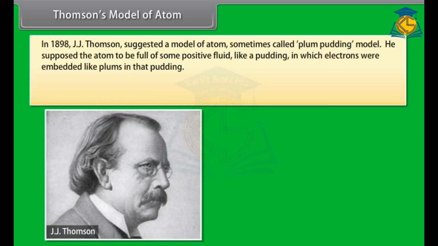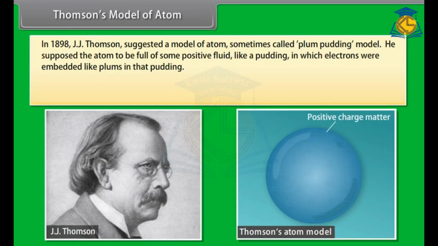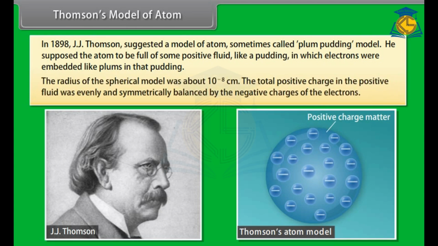Thomson's model of atom. In 1898, J.J. Thomson suggested a model of atom, sometimes called the plum pudding model. He supposed the atom to be full of some positive fluid, like a pudding, in which electrons were embedded like plums in that pudding. The radius of this spherical model was about 10 raised to the power minus 8 centimeter. The total positive charge in the positive fluid was evenly and symmetrically balanced by the negative charges of the electrons. But this model was discarded because it failed to satisfy the result of the experiments performed by Rutherford, the alpha particle